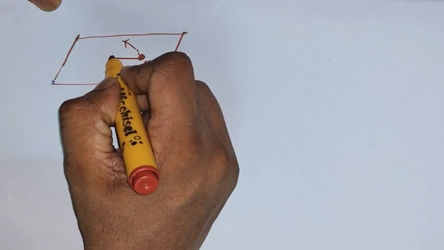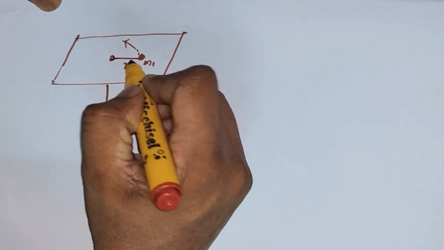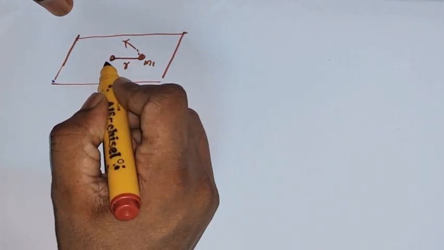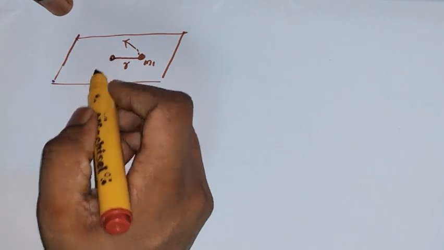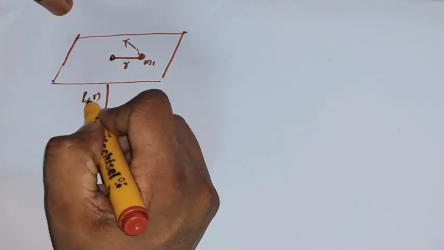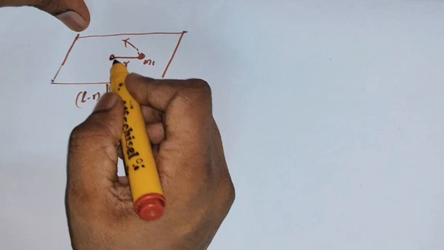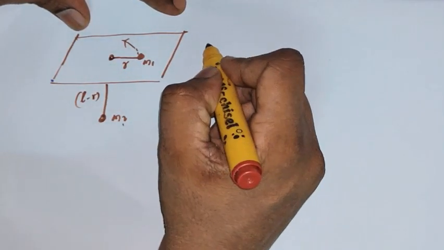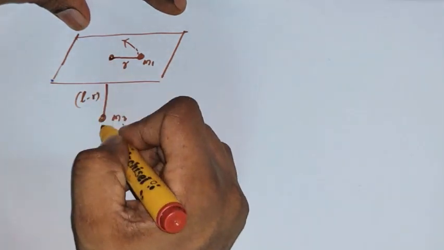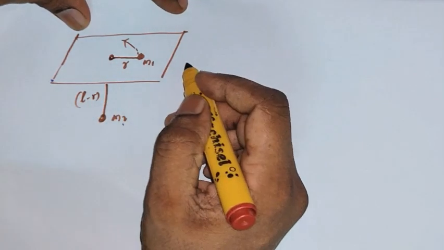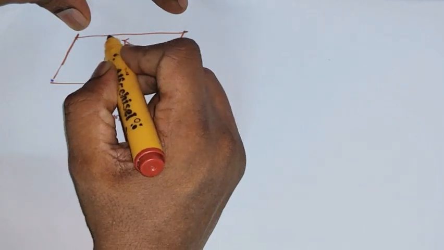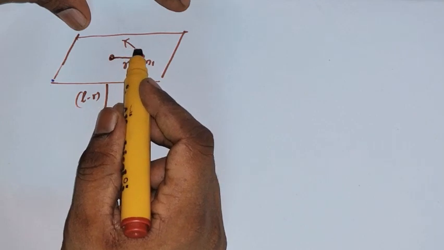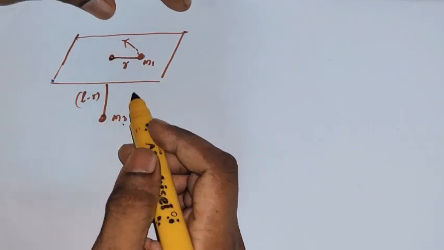So the radial coordinate from the center of the hole for the mass m1 is r. If the thread length is L, then the coordinate of m2 from the center of the hole is equal to L minus r. It's a vertical coordinate, so you can call the horizontal coordinate in general r for the mass m1, and the vertical coordinate for the mass m2 is L minus r. It is rotating with some angular velocity. Right now we are not taking it as constant; we will see what happens.